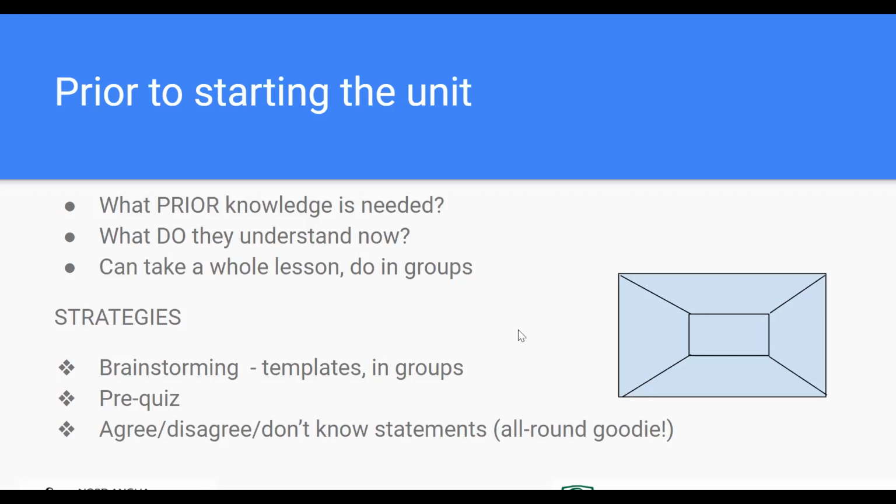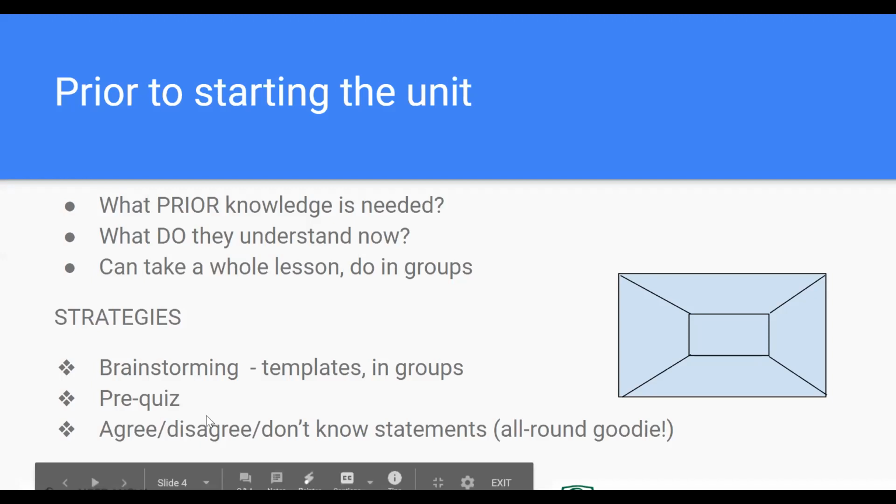Then the agree people have a little bit of a chat when they get there. The disagree people have a little bit of a chat. Then somebody from the agree group says why they agree with the statement. Someone from the disagree group does the same. And then the don't know people have to go to one of those two. Then I will tell them who is right. But very often you get people from the disagree group going to the agree group, or swapping over. So there's lots of swapping over that can be done, and that can be done at any time.